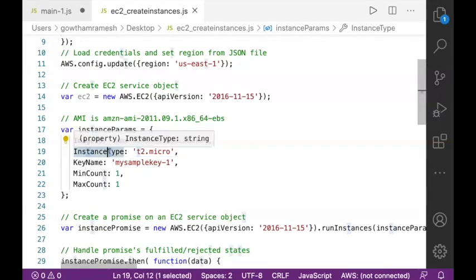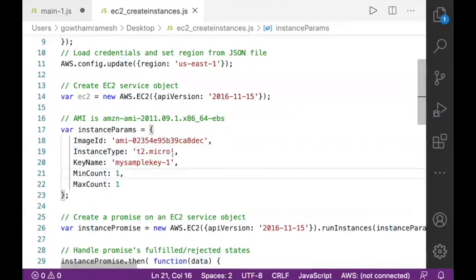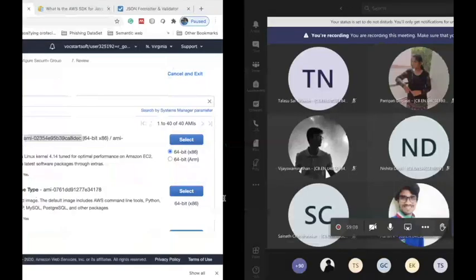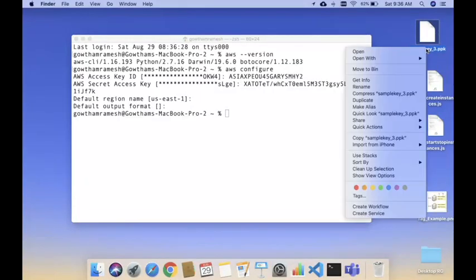And what is the instance type you want to create? I want to create an instance type as t2.micro. And what is the key name? The key name is the name of the file which you downloaded recently. That is the ppk file. Go back to your desktop. I have this ppk file here.